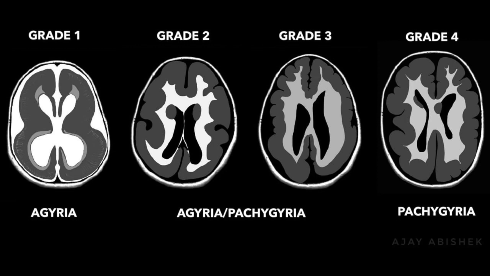Grade 2 to 3 are the agyria pachygyria complex. When you are not sure, you can use this term agyria pachygyria, or you can use simply pachygyria when they are sufficient. Here a little bit of sulcal spaces are formed, here more sulcal spaces, here much more sulcal spaces. Some heterotopia nodules are also demonstrated in this picture. So this is very important. Whenever you find it, it's good to grade so that you can denote the severity of the heterotopia.